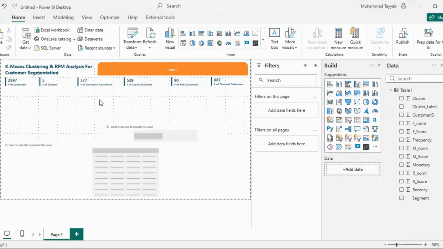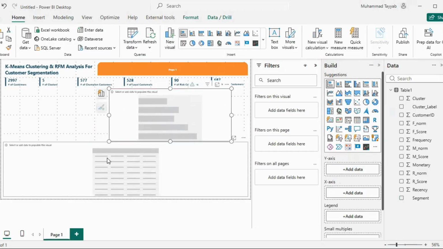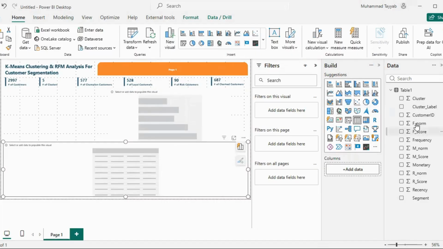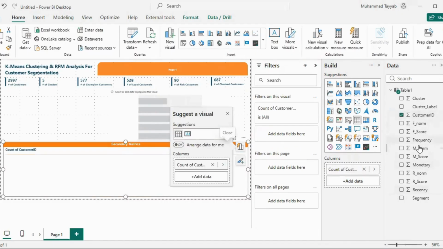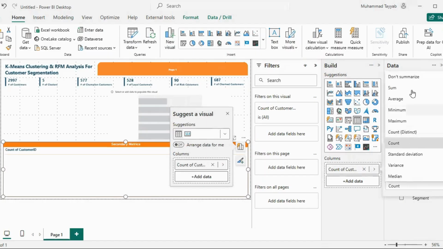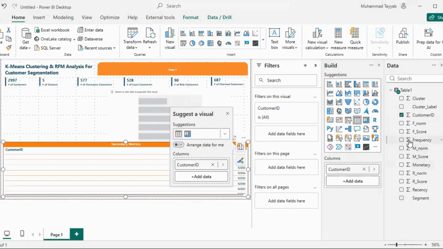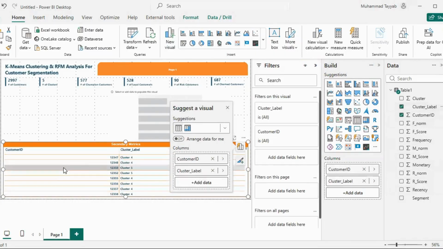So these are the high level cards, and here I've actually added the table visual. Let me just add the breakdown of each of these things by customer. Okay, so here I would say I don't want to summarize the data, and after that what I can do is I can just apply the cluster label, the cluster in which the customer is, in terms of k-means clustering. I can rename that to